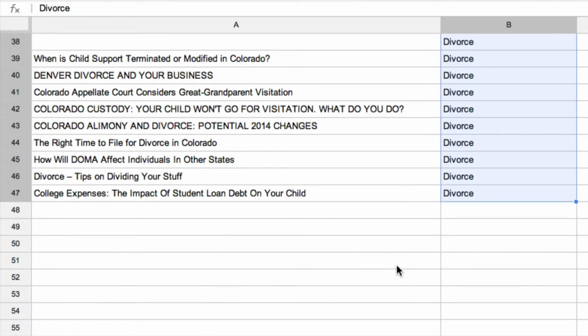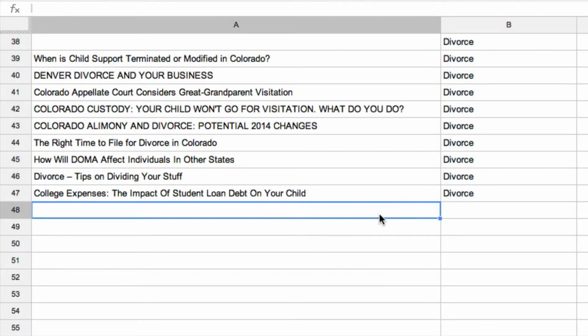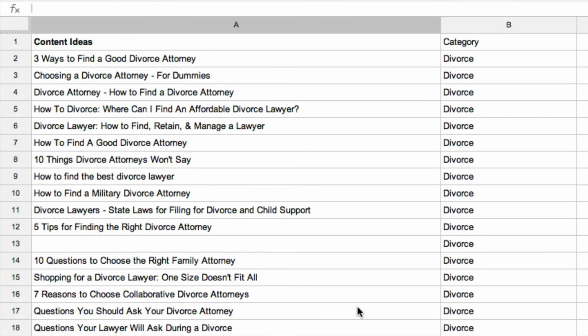So we can repeat this whole process of doing the searches with the keywords plus how to and what is, and add them in here and add more keywords for the other services that are on this website, like adoption and child support. And pretty soon we're going to have a huge list here of ideas for content for this